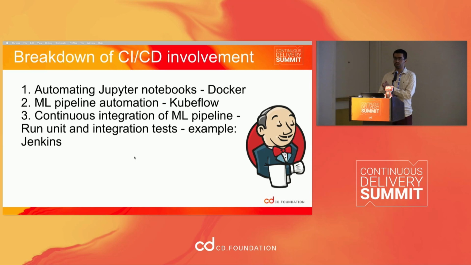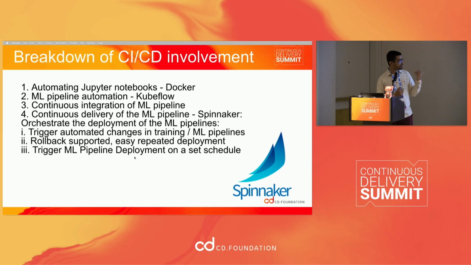So whether you're having a specific pipeline for just training your data, or a specific pipeline for, let's say, running tests on the actual evaluation of your machine learning model. And when it comes to actually deploying your model, that's where Spinnaker basically comes into the picture. Once you have developed the actual pipeline, you need to trigger the deployment process as well. So once, let's say, you have triggered the training of your model